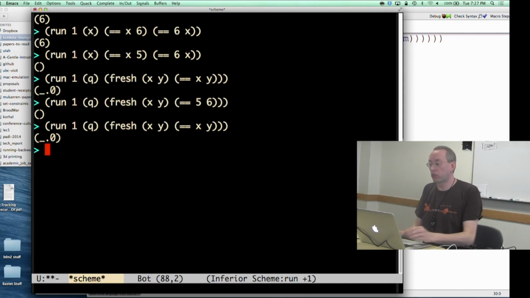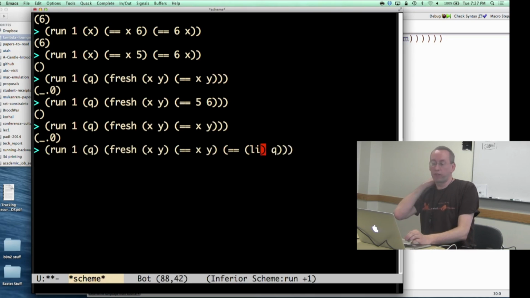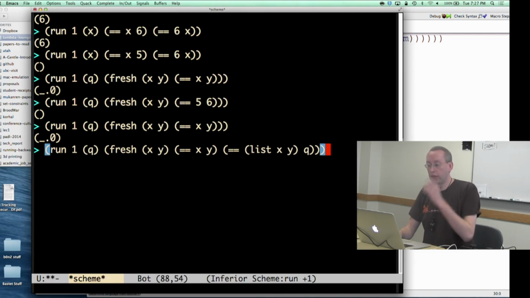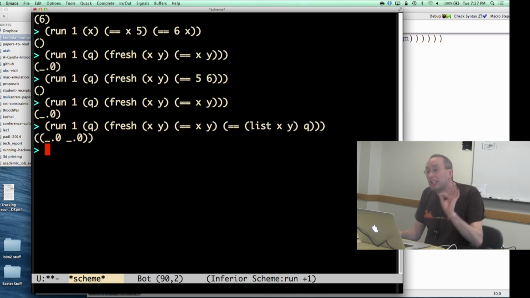So what is the value of x? So let's see. Okay, I think I see what you're saying. So let's see exactly what x and y are, right? Making a list of x and y. Okay, so what do you think we'll see for x and y when we run this? Unbound 1 and unbound 2. Yeah, so now we have a list, but we see unbound 0